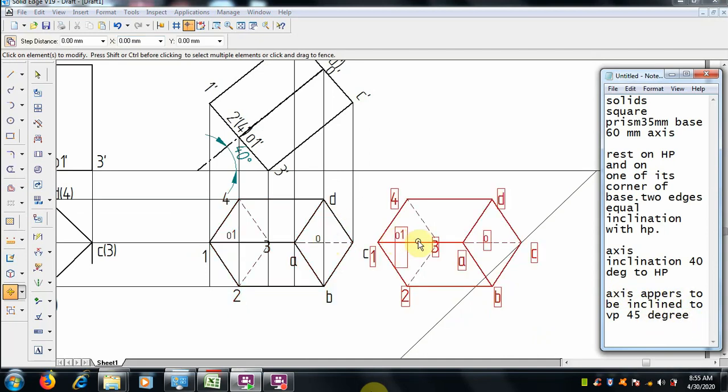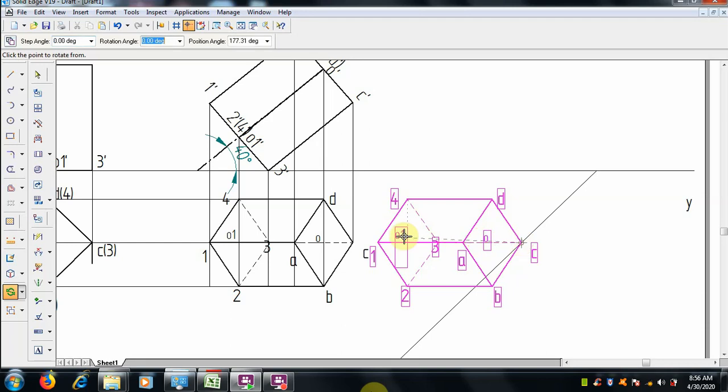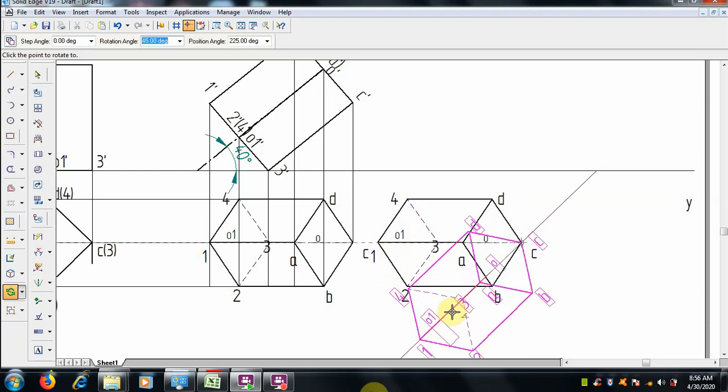So when the problem says appears to be inclined, we can directly keep the axis, select the center point either O or C, everything will come in a straight line, so we can select that and rotate it.